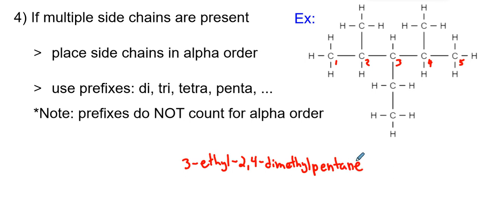So this is 3 ethyl, 2,4 dimethyl pentane. One last thing to note here is that we always separate numbers and letters with a dash,